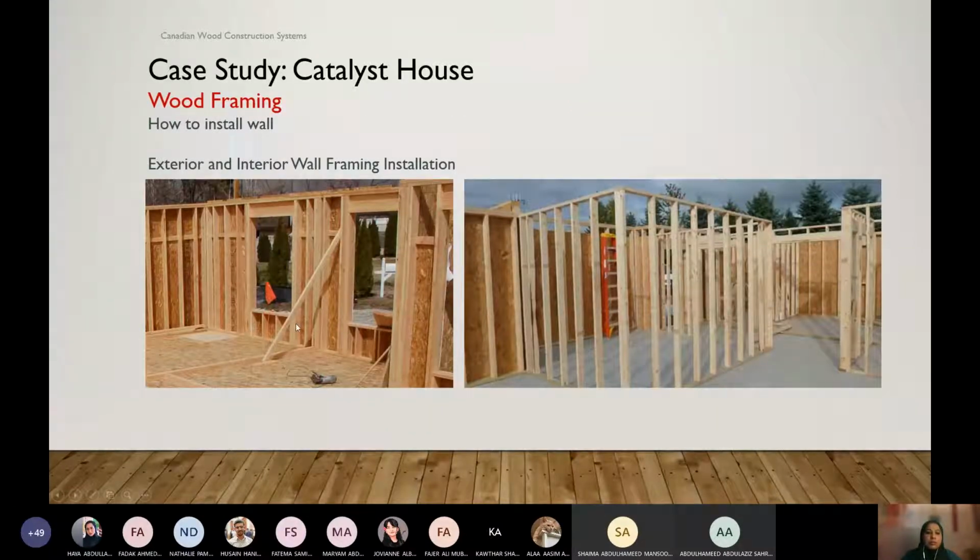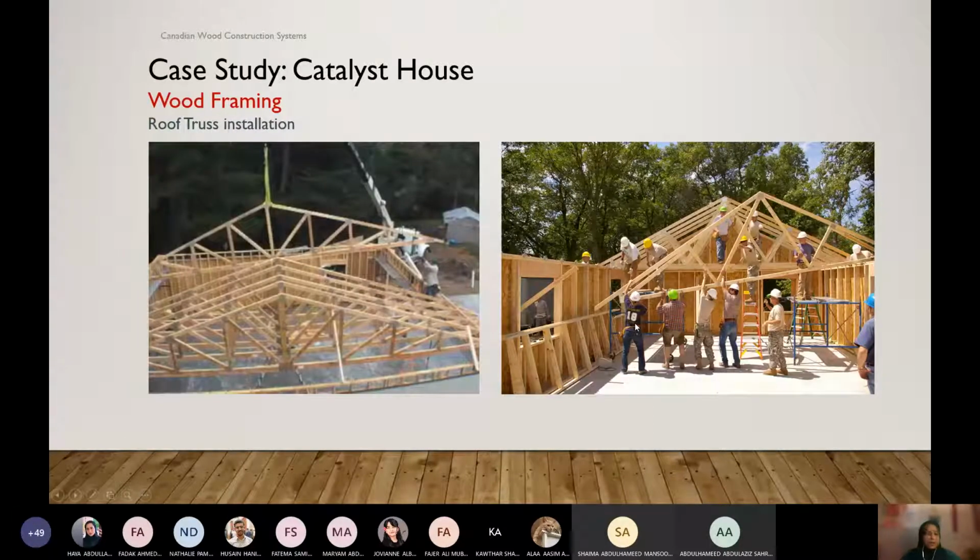When we first put the wall vertically, we put some brackets or braces for initial support, but then we remove them. And these are the interior walls, 1.5 inch by 3.5 inch studs. At the bottom we put a bottom plate, and at the top, usually we put two horizontal members. We say top plate and cap plate. Okay, so floor done, wall done.